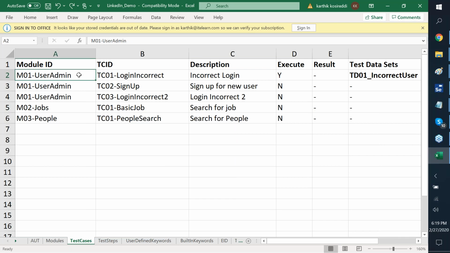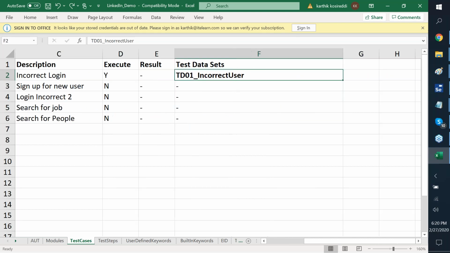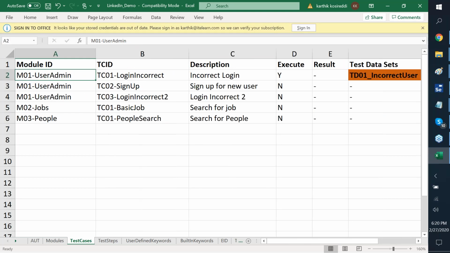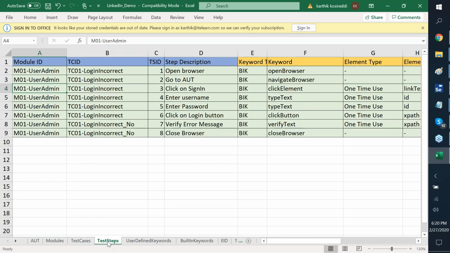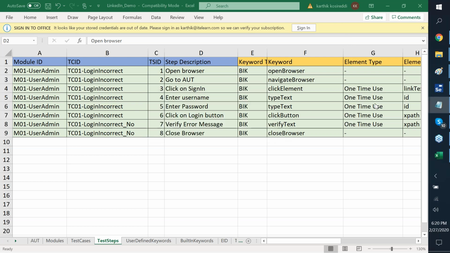Then comes a test case, team. A test case says that in a module, I can have many test cases. Choose which test case you want to execute. The part of test data, I'm going to come to you shortly, and we will discuss the framework aspect of it also. But the fact is that one test case is selected right now. For that test case, I have these steps. How do these steps work, and how can we get into the depth of it? We're going to take a little time around it, not immediately jumping into it. But most importantly,